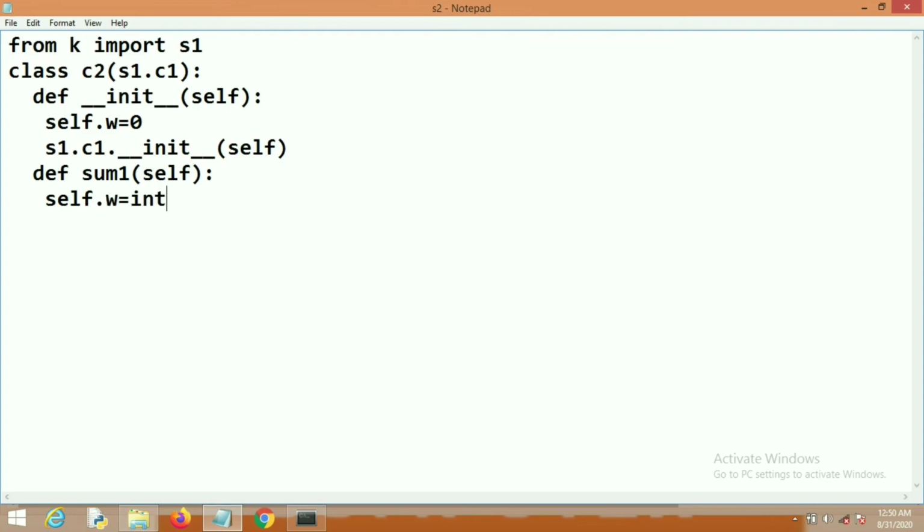So here first insert some value in w by using our input function. Now self.z equal to self.x plus self.y plus self.w. It means sum1 is the extended version of our sum function.